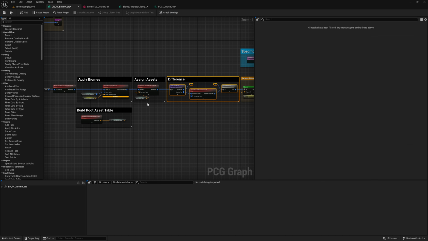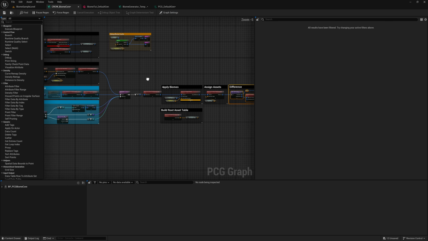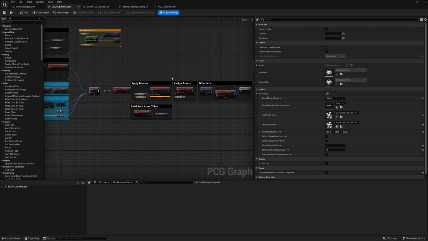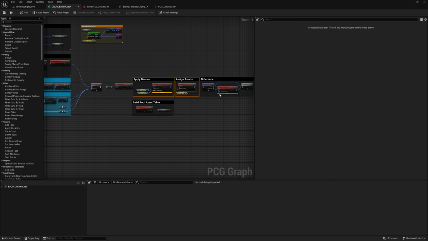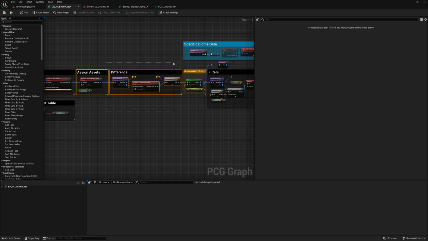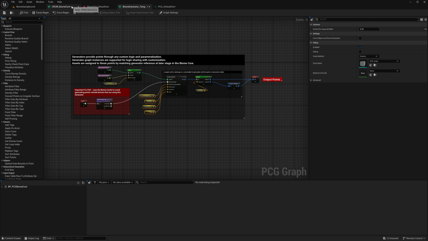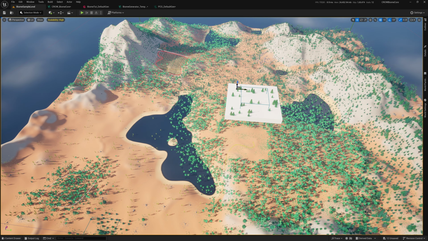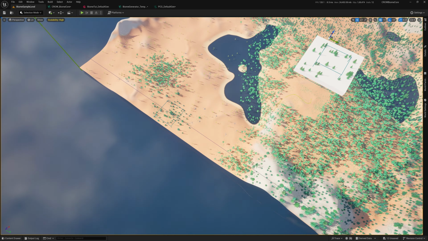After the points are generated with the generator graph, we assign them to a biome and the biome asset that they belong to. After all that, we apply the priority based difference. Why does it matter that we do it after? Because instead of,